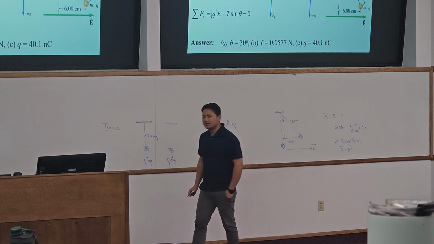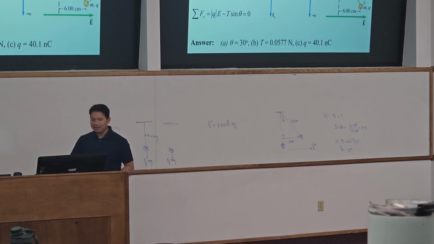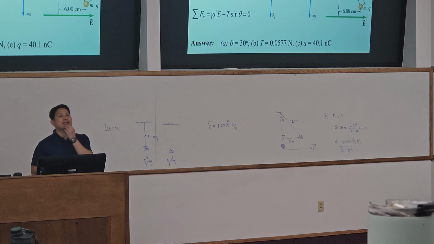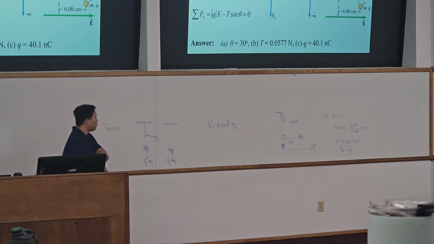It's easy. I mean, even myself, 0.5 should be 30 degrees. This is the easiest one. We just use high school geometry, but we want to solve something a little bit related to the physics. Okay, now